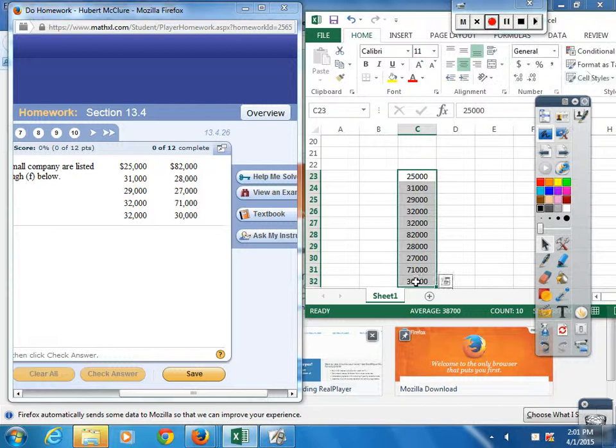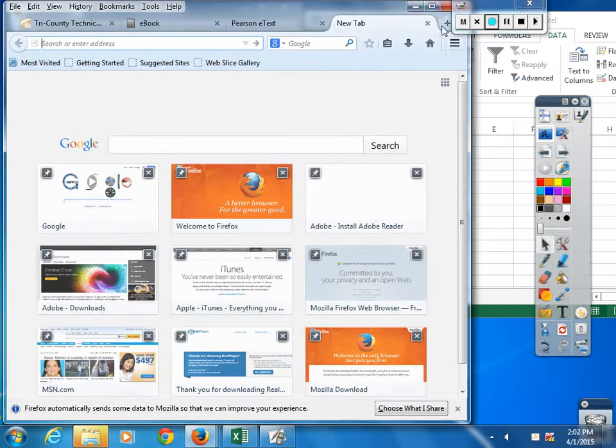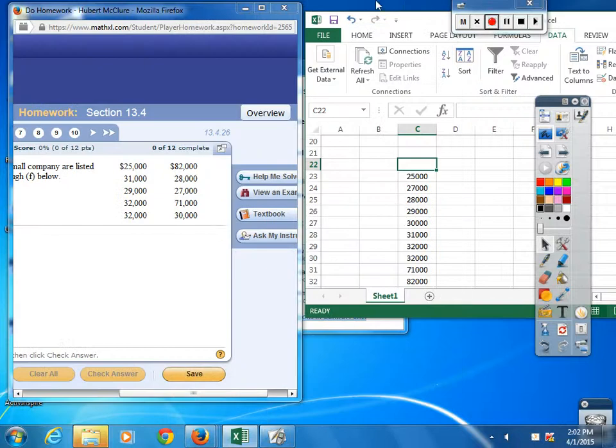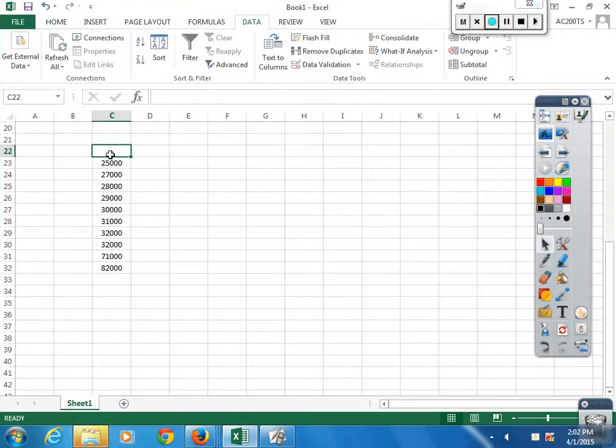Put them in order. Data, sort. And they're sorted. Of course, that's X. Now we need to go find our mean,